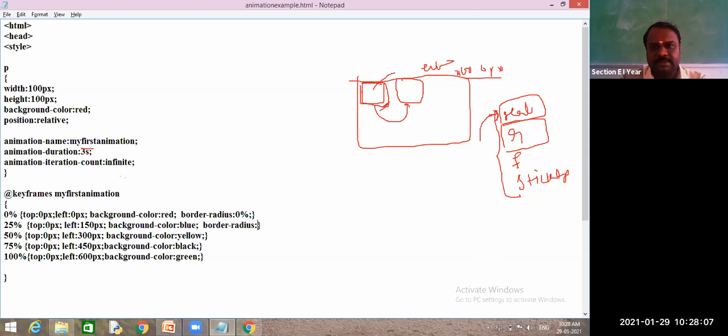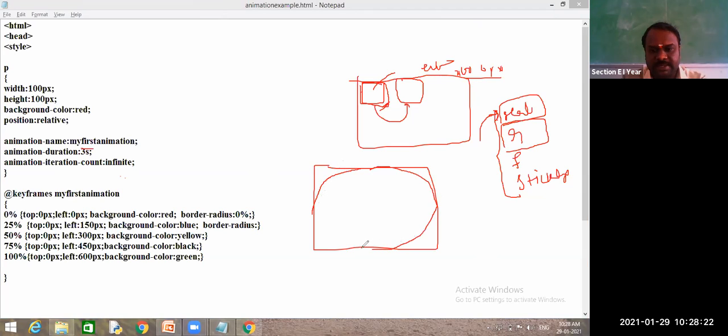Understand how I am going to write. If it wants to become a circle, this side 50% curve, this side 50%, this side 50%, this side 50%. Yes or no? So if it is four sides 50%, it becomes a circle.